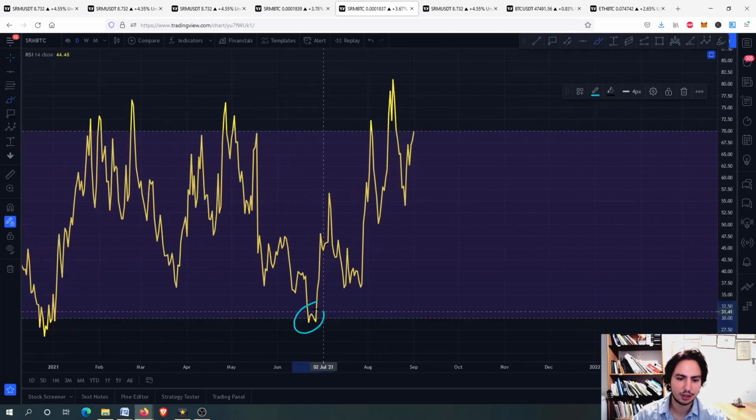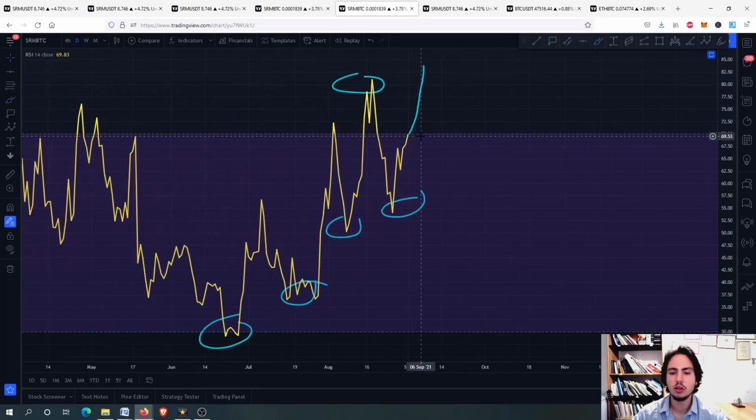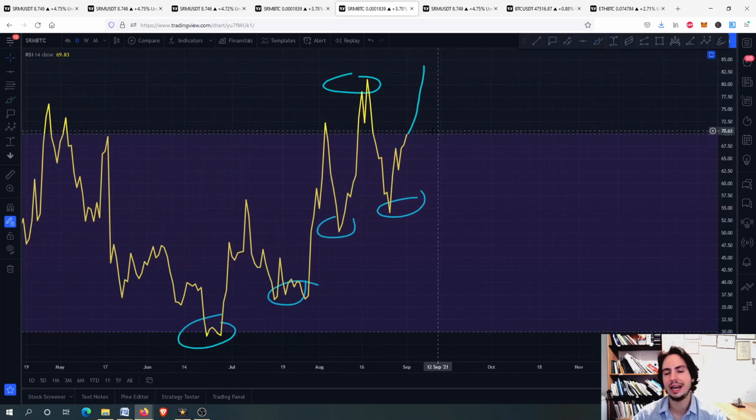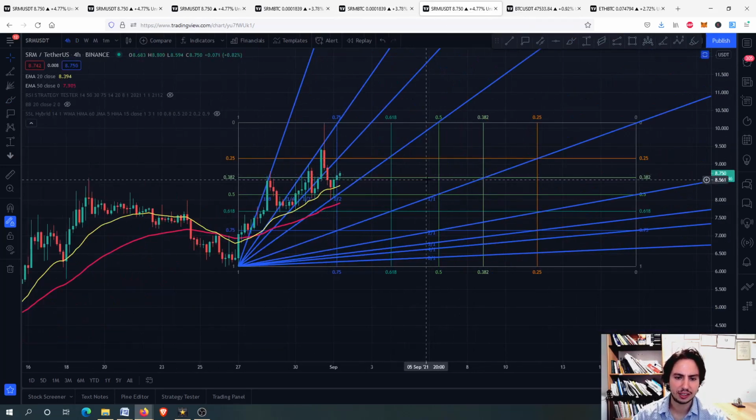You can see here that we have a higher low pattern, okay, and we climb up the stairs and we want to go even higher than the previous high in order to confirm that we might not be getting a bearish RSI divergence. So we can go to the GANN funds, and you can see